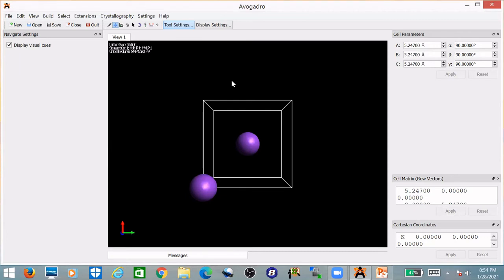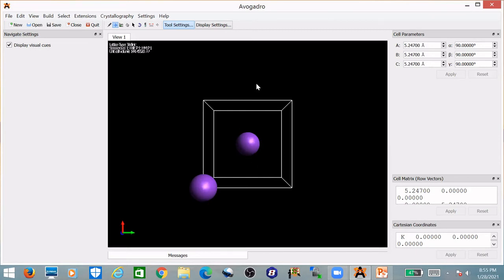The first view of the file shows the basic positioning of the atoms present in the unit cell. We know that all alkali metals crystallize in BCC lattice. In BCC, atoms are present at the corner and at the body center.